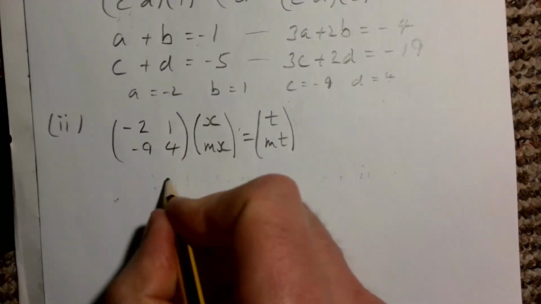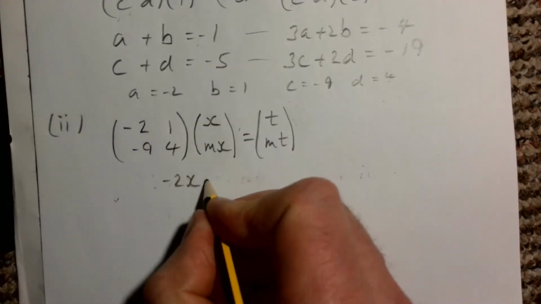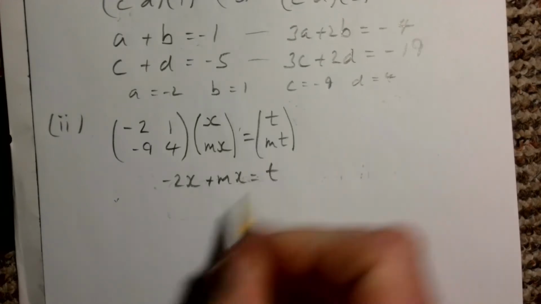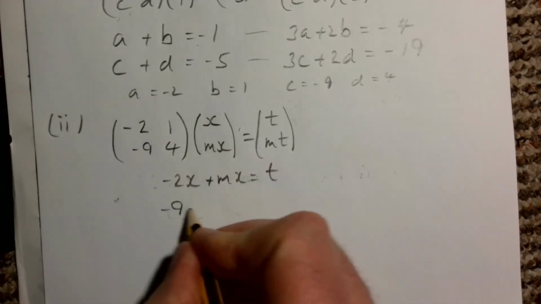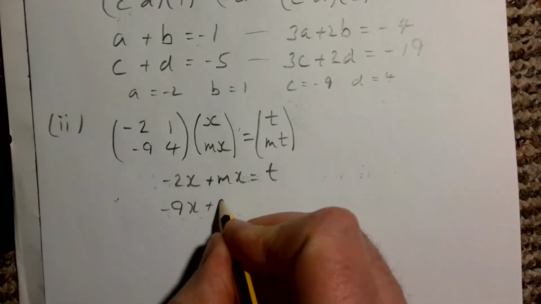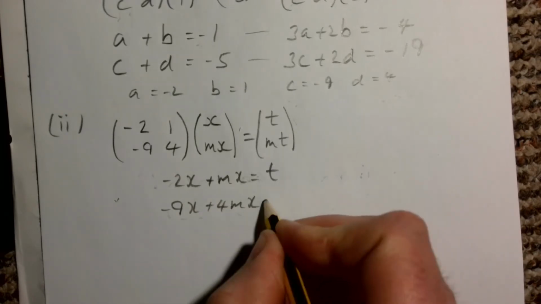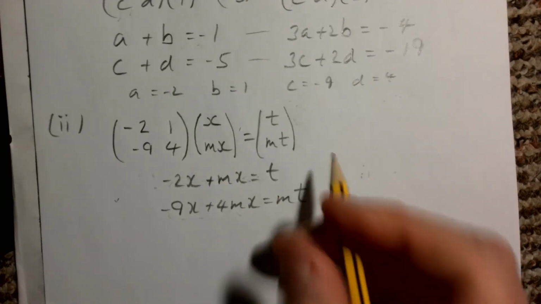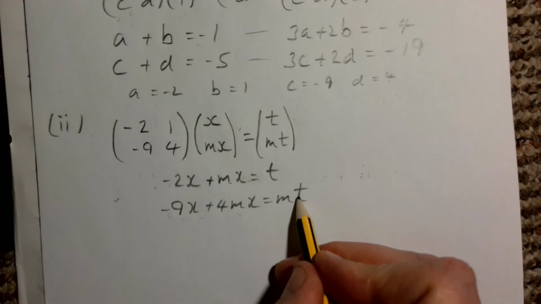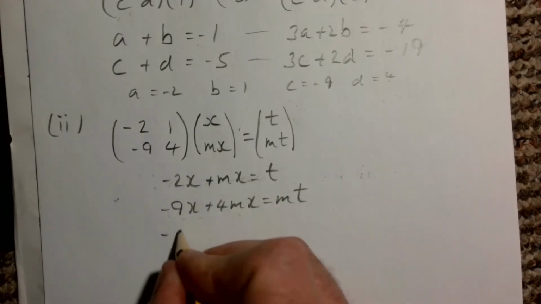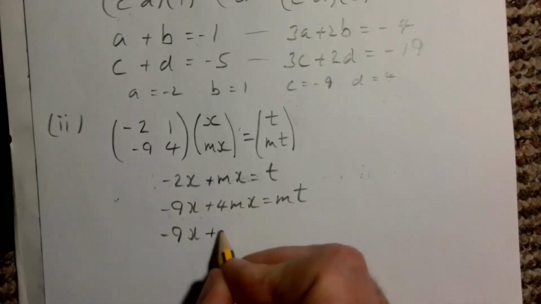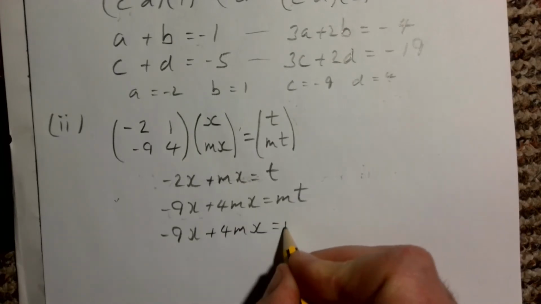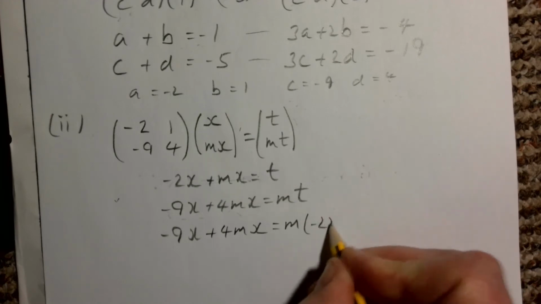Multiplying this out then, -2x plus mx equals t, and -9x plus 4mx equals mt. A couple of ways to proceed from here. The way I would tend to do it is I'm going to substitute this t for this here. So my next line is -9x plus 4mx equals m times (-2x